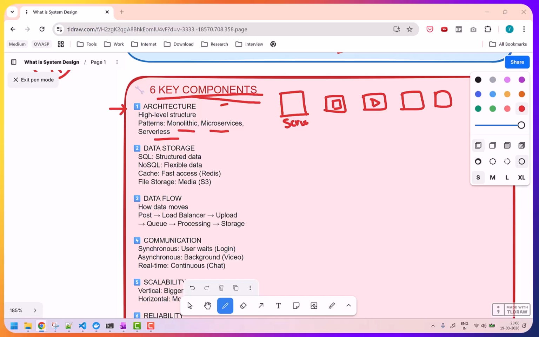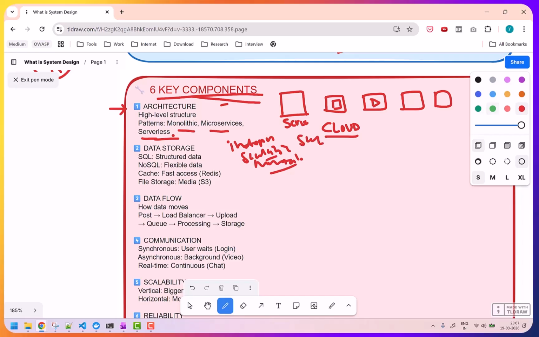And there is serverless. Serverless means you are leveraging the cloud, so all your components lie in the cloud. The cloud handles the infrastructure. So you need to decide between these three. But in the system design mindset, when it comes to a service, each service should be independent, scalable, and maintainable. If the service follows these three, independent, scalable, and maintainable, then it is easy for the application to scale.